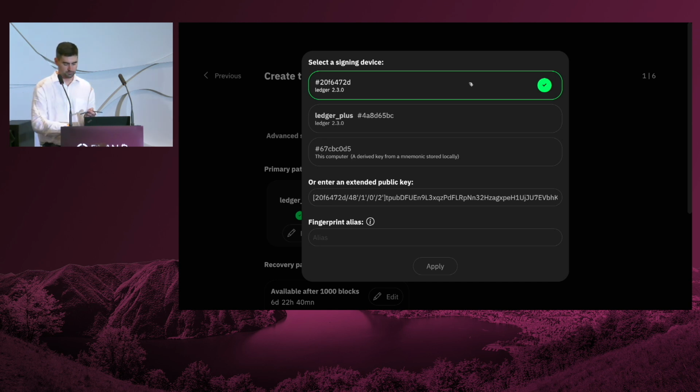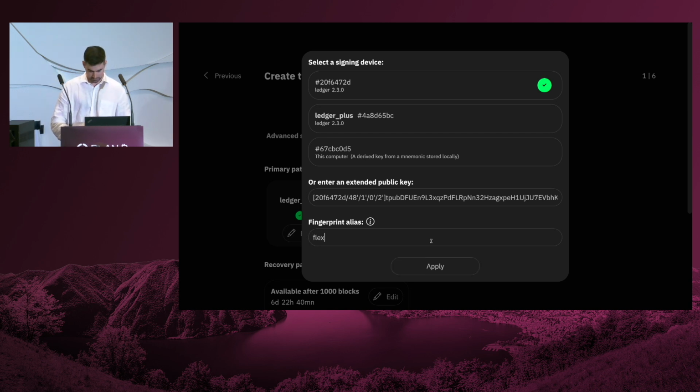Even if I had chosen the first one, it would tell me that I cannot reuse the same device for various spending paths, which is a nice feature. So yes, it has obtained the xpub. It's called tpub because we are on testnet, but the extended public key is there. I need to name it. I'll name it Flex.